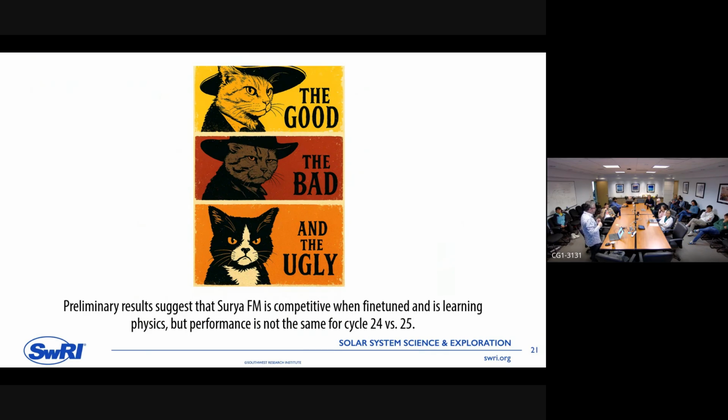But to me, one of the most interesting things is that we have been extremely disciplined in how we separate the data that we train on, the data that we validate on, et cetera. And I think that, with some work, this can be made to work for real. So first, let's start with the good.